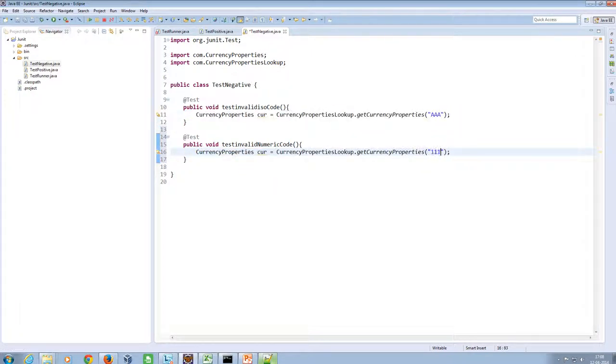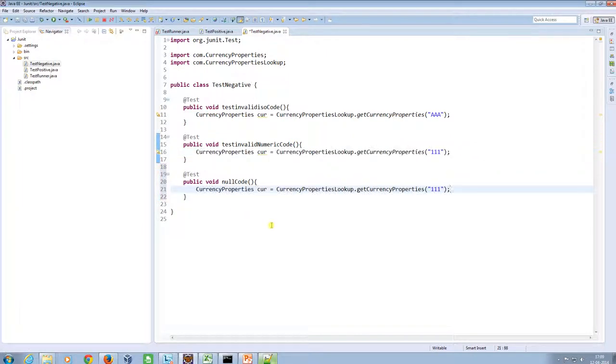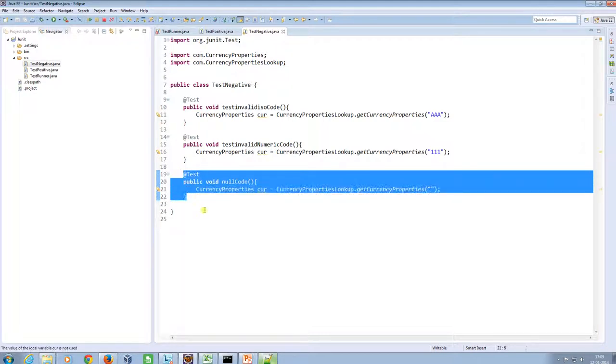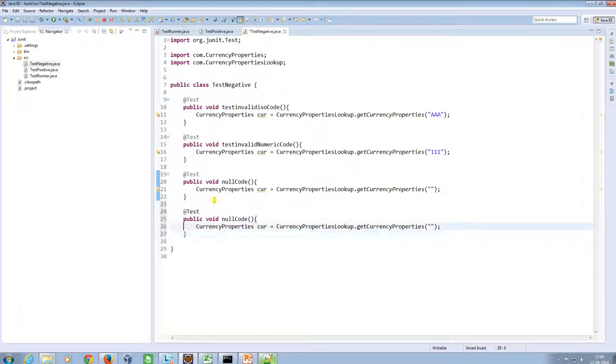So this will be 111. One more test case for null string. Let me call it null code, and here I'm going to construct the currency object based on a parameter which is passed as null. So I will put the inverted commas, and the last one will be your valid currency code but in different case. So let me call it test